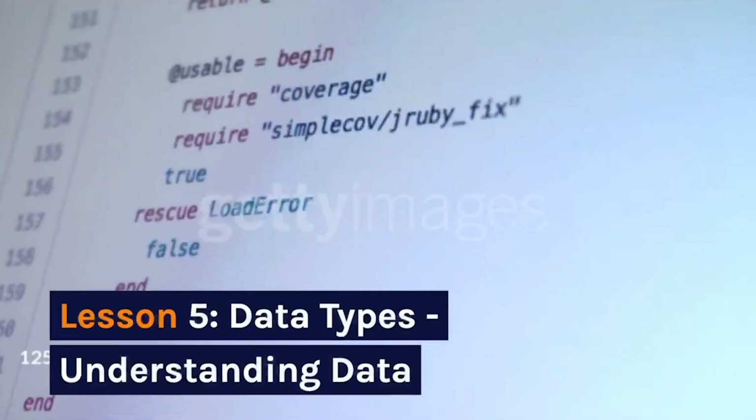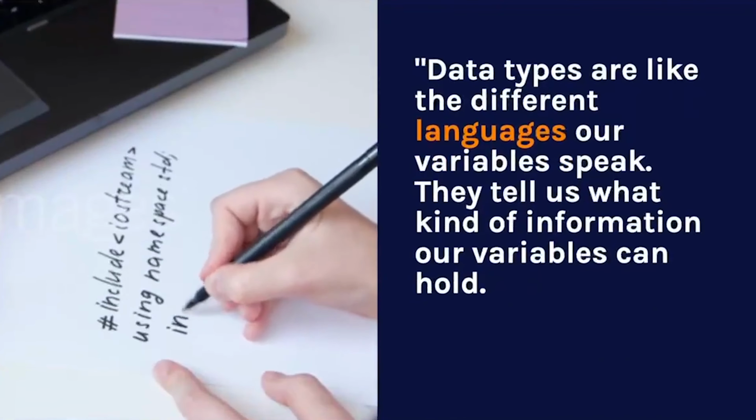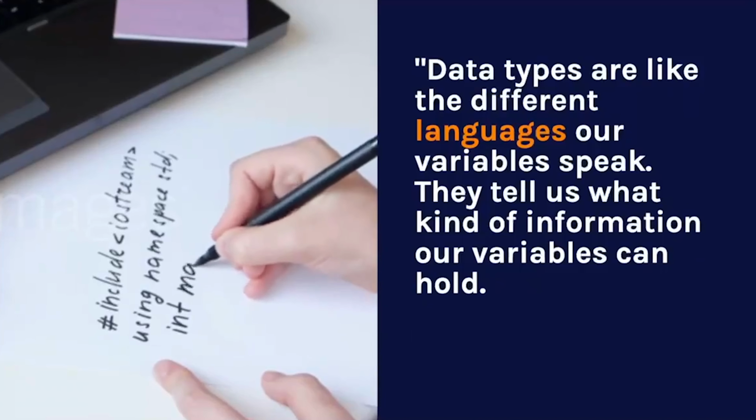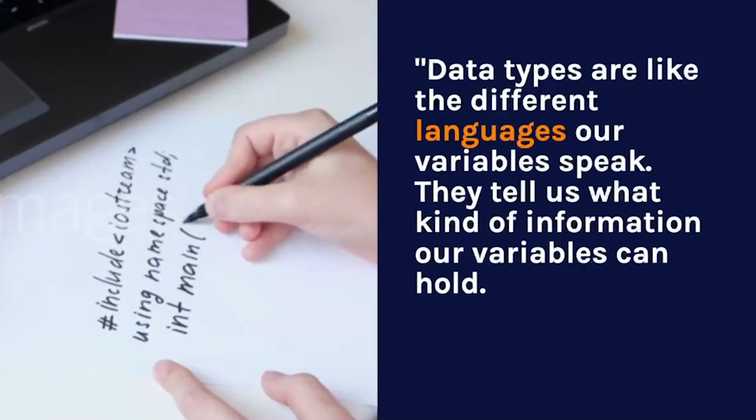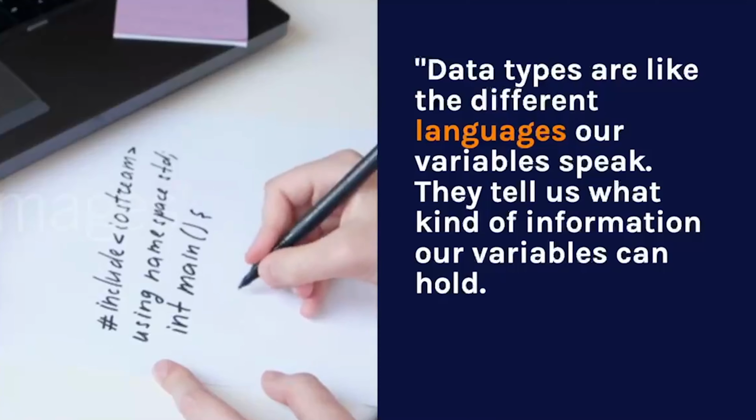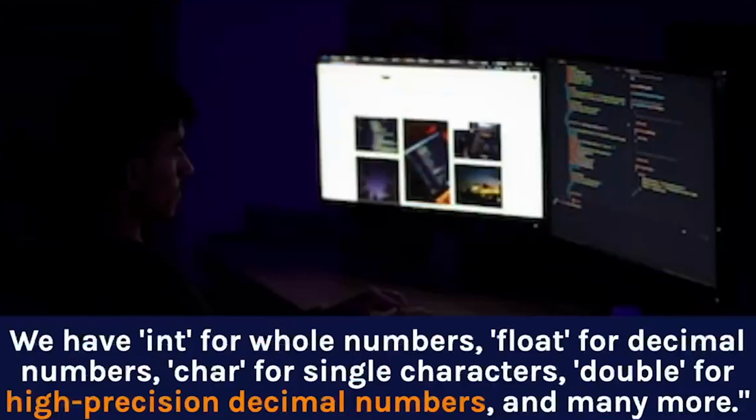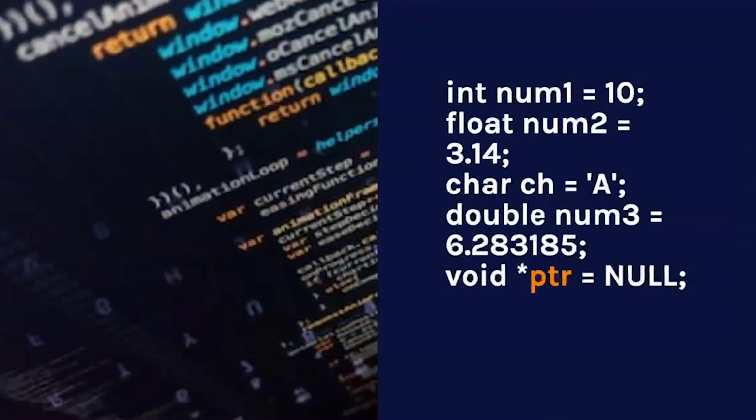Lesson 5. Data types, understanding data. Data types are like the different languages our variables speak. They tell us what kind of information our variables can hold. We have int for whole numbers, float for decimal numbers, char for single characters, double for high precision decimal numbers, and many more. int num1 = 10; float num2 = 3.14; char ch = 'a'; double num3 = 6.283185;